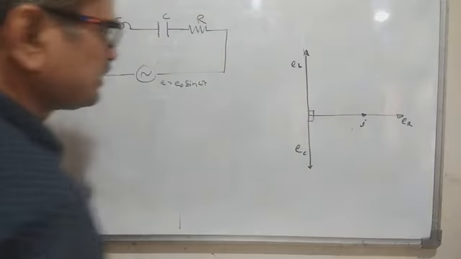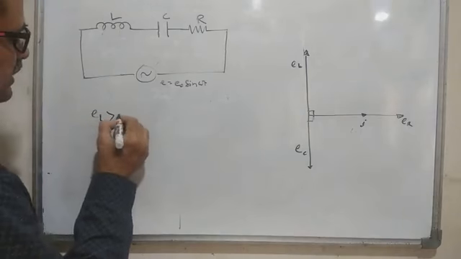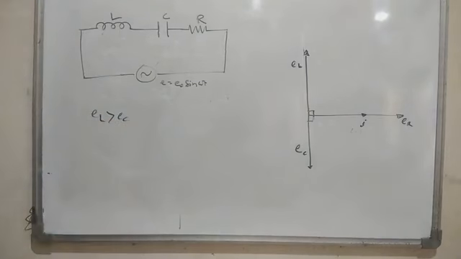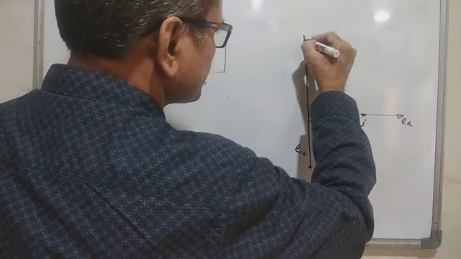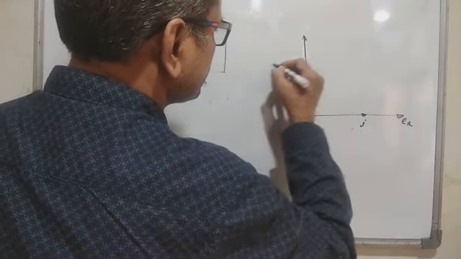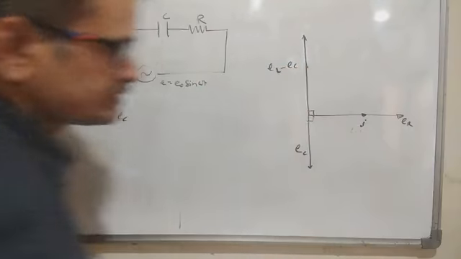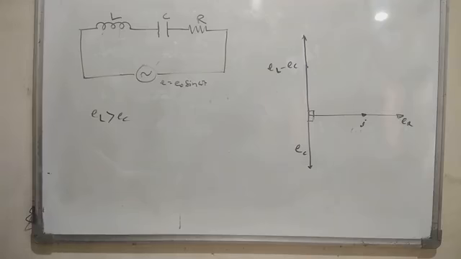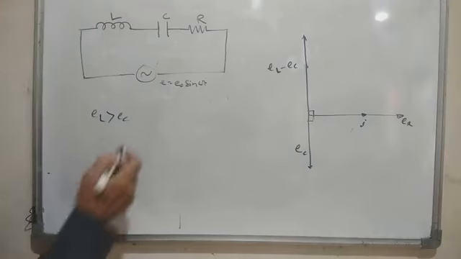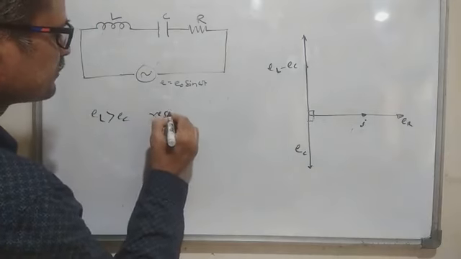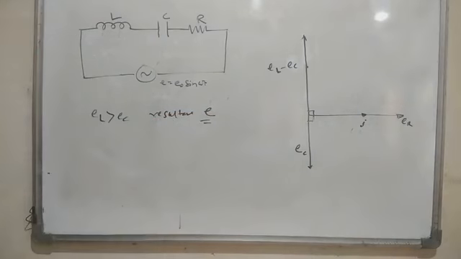Suppose we'll take one case here, that is when EL is greater than EC. When EL is greater than EC, what will happen? This vector will be like this: EL minus EC. Now we are going to see what will be the resultant E here. Now we know that in a series circuit,